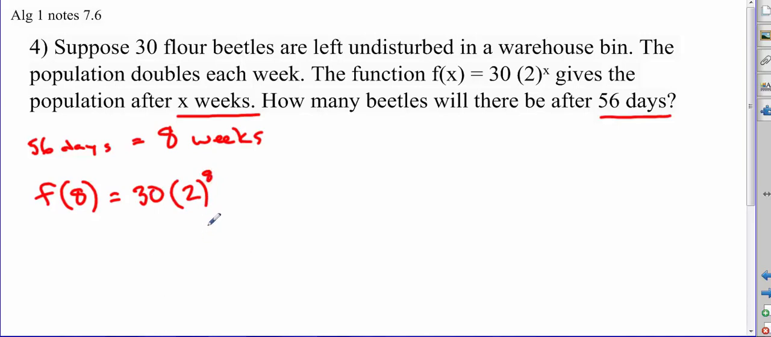Now my guess is most of you, and including me, would want to use a calculator at this point. 2 to the 8th is what you would probably want to do first. 2 to the 8th is 256. And then if you multiply that by 30, you'd get 7,680. So you would know then that the population of flower beetles